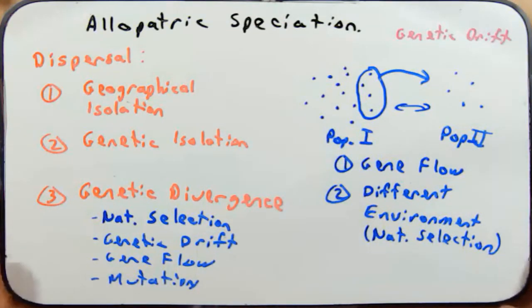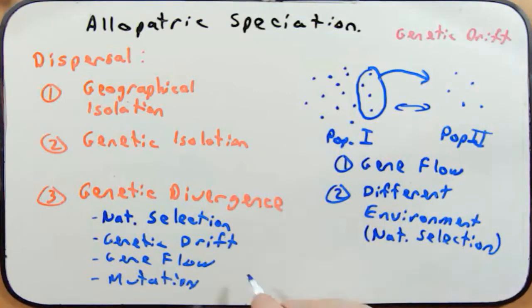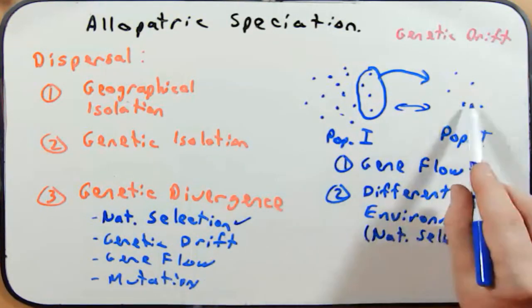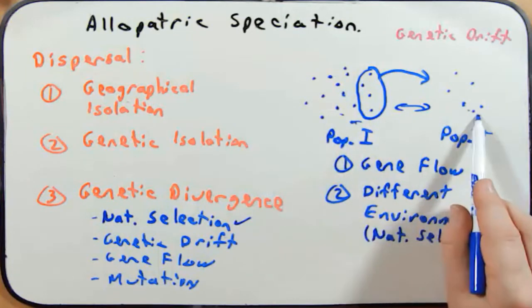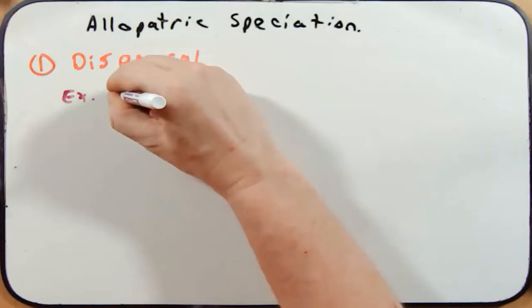Genetic drift in this example has already been taken care of because it's separated out these two populations with the founder effect. But natural selection can also speed up genetic divergence between these two populations. And mutations that occur in either of these populations will also speed up genetic divergence and ultimately speed up the process of speciation. I'd like to spend a little time looking at a specific example of ground finches